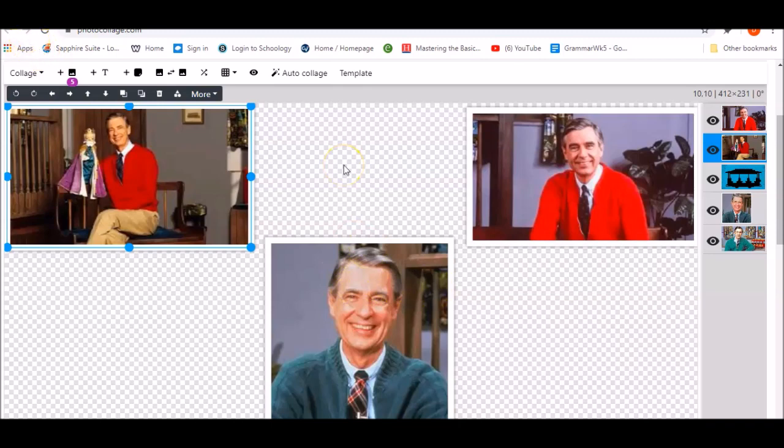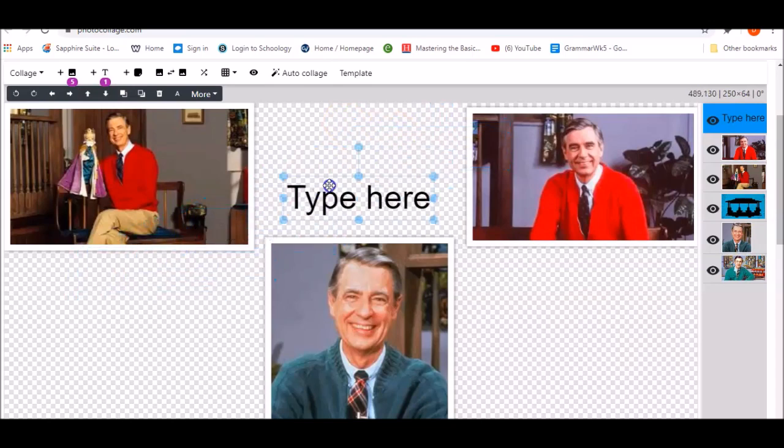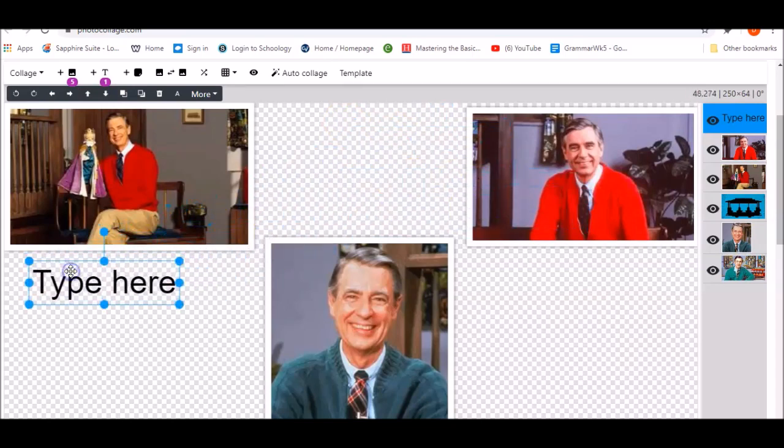The second basic step that we expect all 4th graders to know how to use from this site is adding text, because a poster doesn't just have pictures, it also has information. Up here you'll see a T, and if you hover over that T, it tells you what the tool does, add text. Once you click on that, it's going to create a text box, which, just like the pictures, can be rearranged by size and can also be moved anywhere that you would like. So right here, you may want to identify the fact that, yes, this is Mr. Rogers, but it's Mr. Rogers with one of his